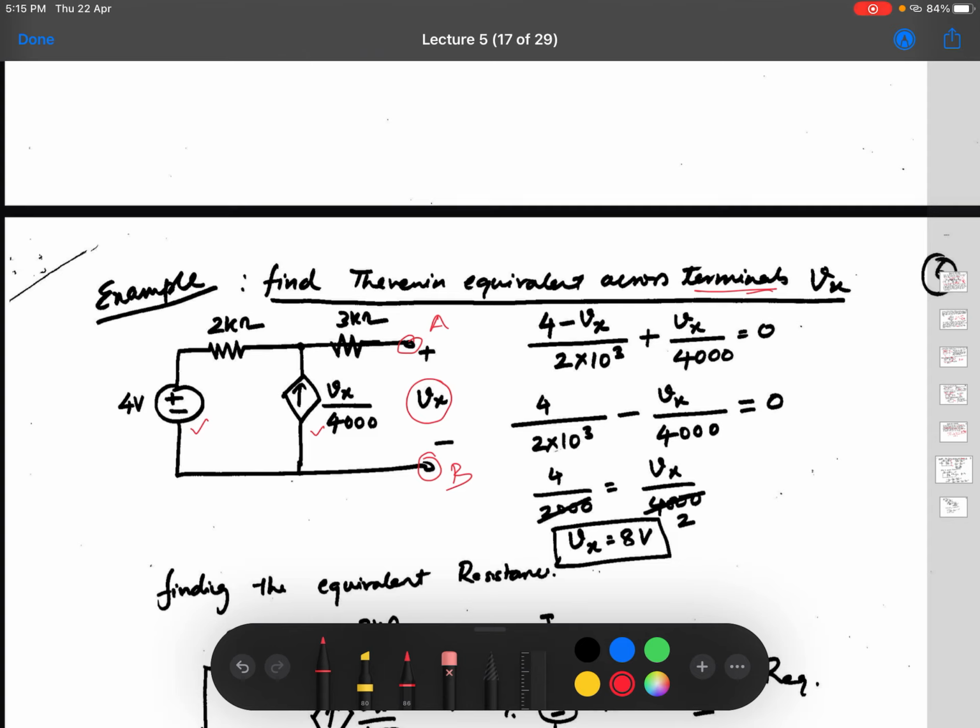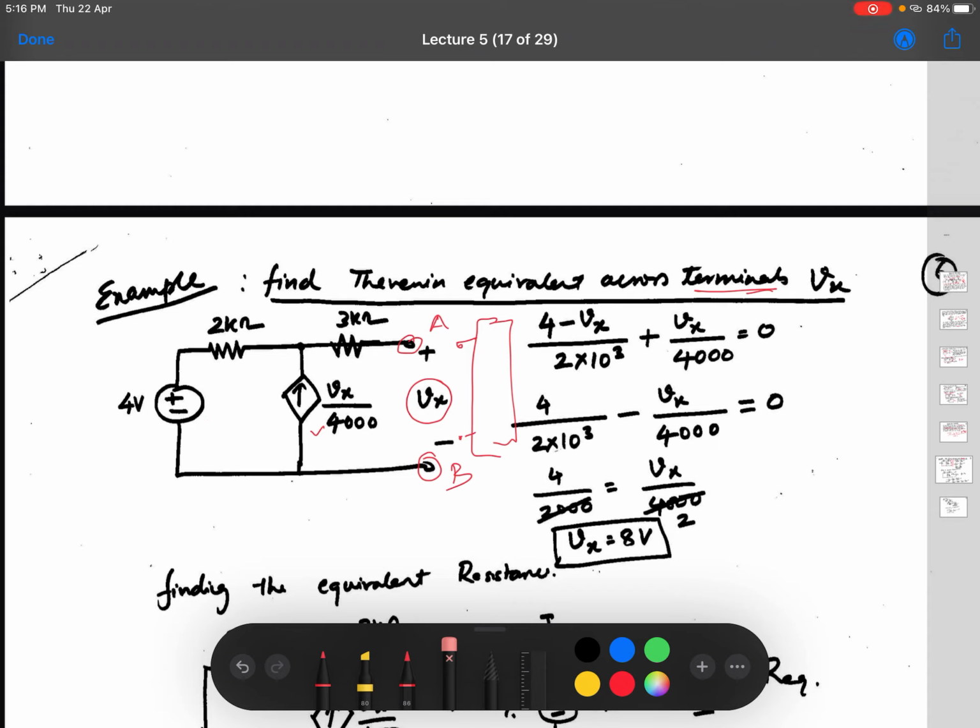Across A and B we will be trying to put some other circuit over here, and that circuit would keep changing, so we want to know the current and voltages in the new circuit. We don't want to solve it again and again. We want to just represent this part by a Thevenin equivalent and analyze that. So we'll see how to get the Thevenin equivalent here.